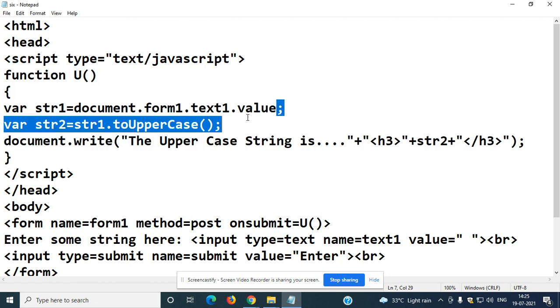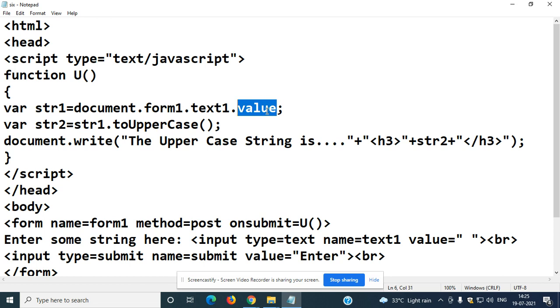From where should I take the value? Whenever the user is giving input in the text box, that value is taken which is present under the form. So only one form, one text we are considering. That's the reason we are specifying form1.text1, and value is the same.